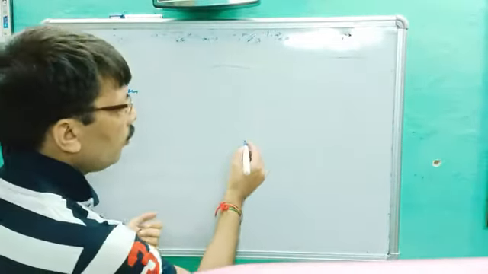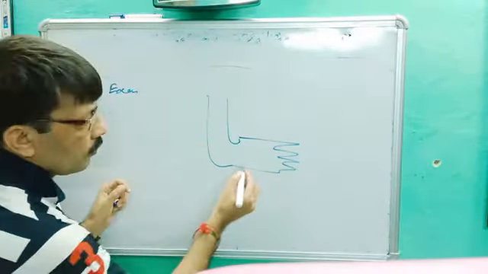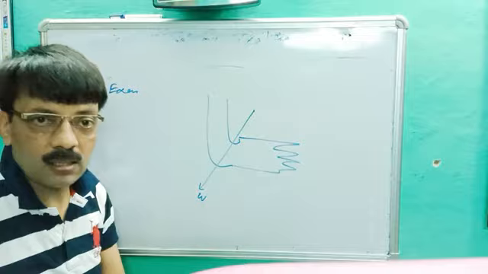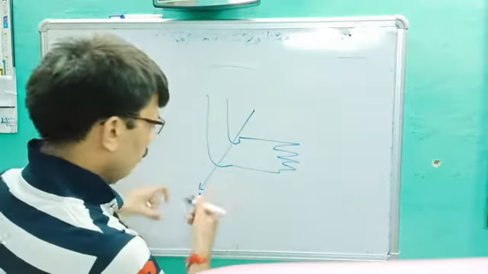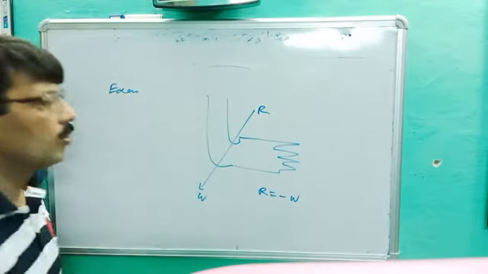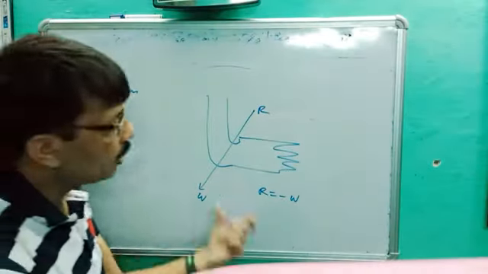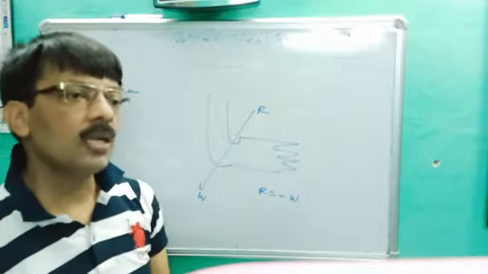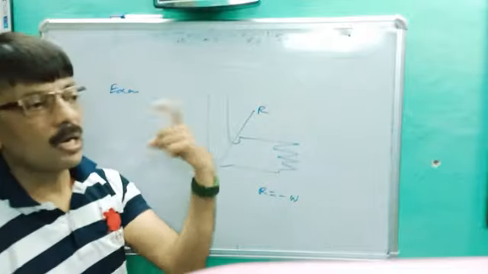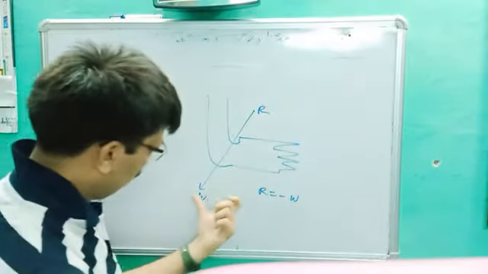Same thing will happen. So how is walking possible? Let's suppose this is our foot. Action W: before walking we push back the floor, and we get a reaction, so R is equal to minus W. So walking is only possible by which law? Third law. If you put your foot on mud, no doubt there is no action, so no reaction, so it is impossible to walk on mud, or to run on air, because when you apply the action you will not get any reaction.